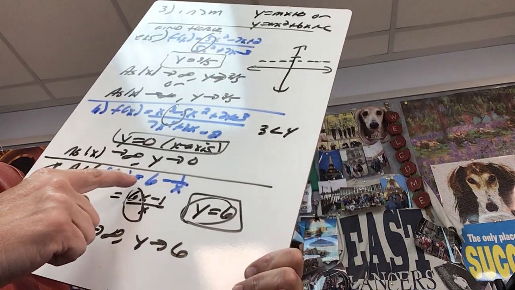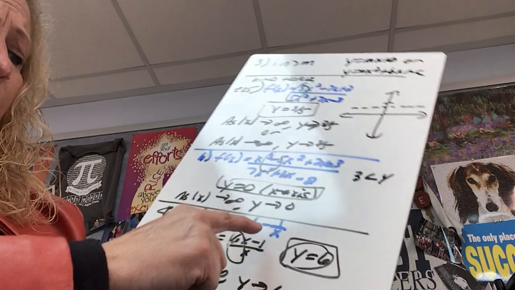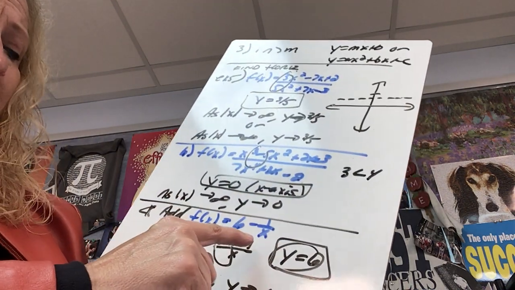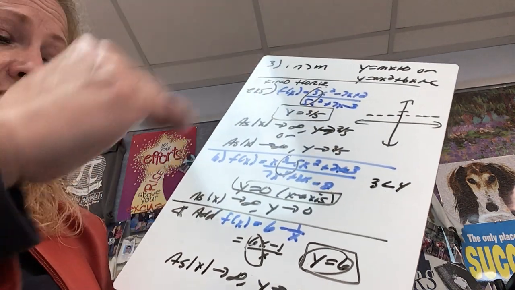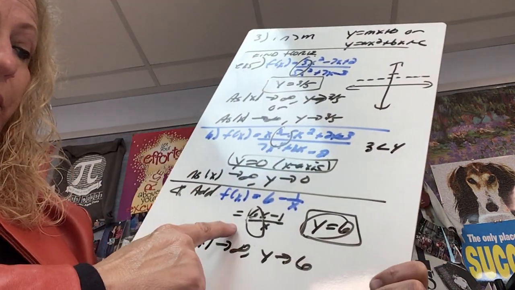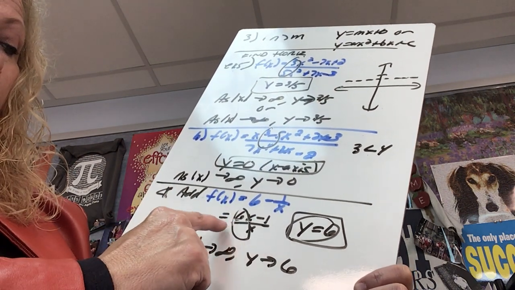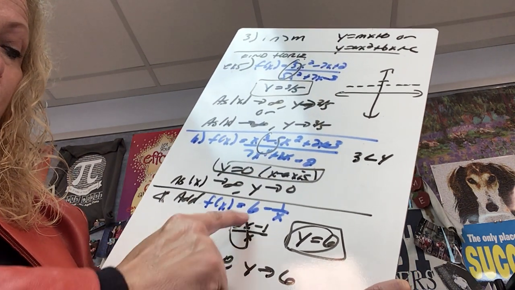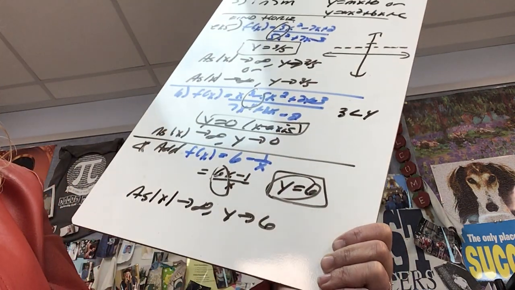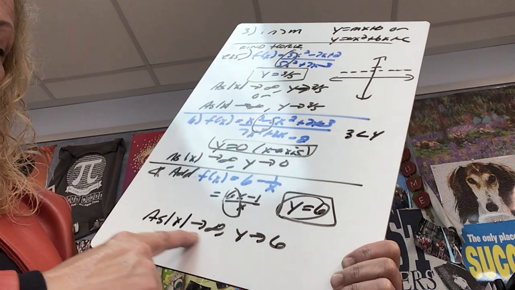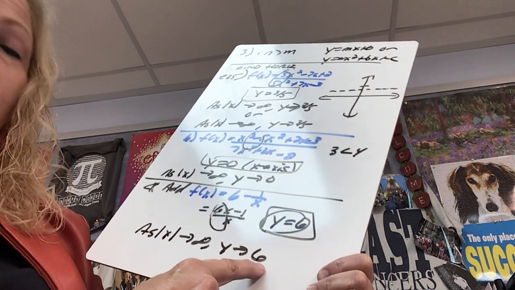If I have the function f of x equals 6 minus 1 over x, first of all, that's not a rational function the way it is. So in order to compare degrees, I have to have a polynomial over a polynomial. So I should get a common denominator, 6x over x. The degrees are the same, so my horizontal asymptote would be 6 over 1, so y equals 6. So describing this, I would say as the absolute value of x goes to infinity, the graph will travel along y